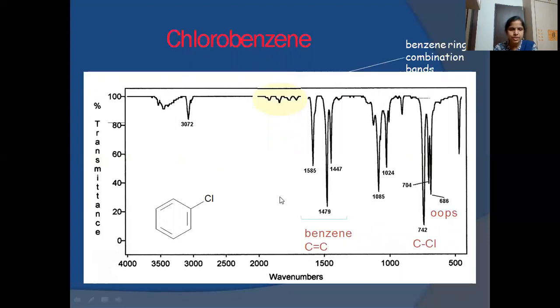Then chlorobenzene. Now in this you can see this is an aromatic ring. Aromatic ring means just above 3000, here you can see a small weak band because of sp2 CH stretching vibrations. Then C double bond C stretching vibrations or skeletal vibrations. Then below 900, all these are strong to medium bands, which give information that the benzene is substituted. Then we also have the CCl band, which is at 742.